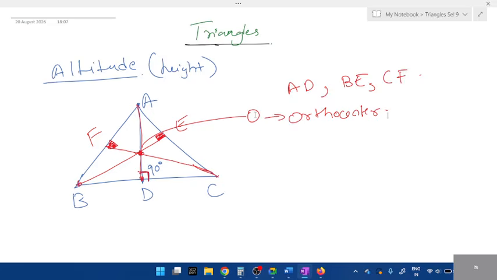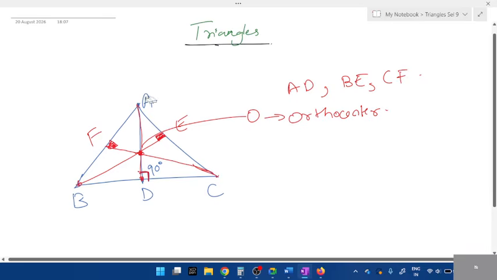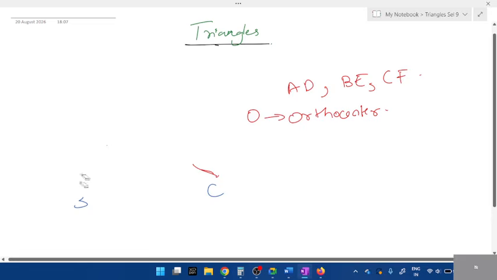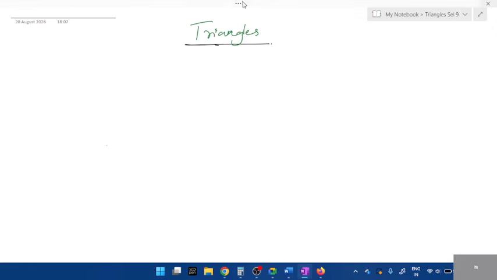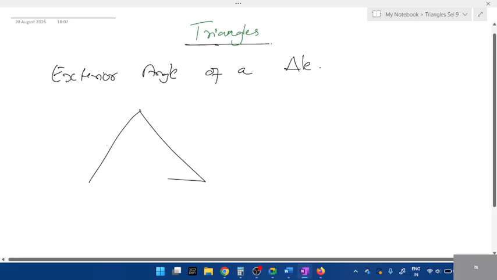All of you completed the orthocenter concept, right? Okay. So today's homework: whatever we have done, students, you have to go through all the concepts. We did types of triangle, centroid, orthocenter, sum of interior angles. Now the last concept left is the exterior angle. We studied the interior angle, next the exterior angle of a triangle. What do you mean by exterior angle? If I take A, B, and C, and extend the line like this, can you see an angle formed here?